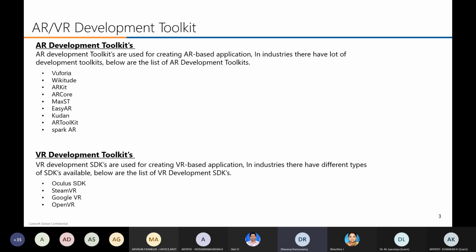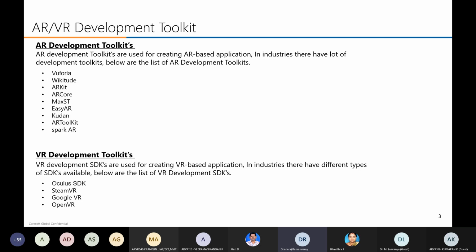Steam VR is for HTC Vive. Suppose you are going to use an HTC device. If you are using an Oculus device, you need the Oculus SDK. If you are going to use HTC Vive, I mean the HTC company device, you need Steam VR. Using Steam VR, you can develop applications. Whatever device you are going to use, you need Steam VR. This SDK supports development as well as running the application. I mean, it's the connectivity between hardware and your applications. So these SDKs are very important.